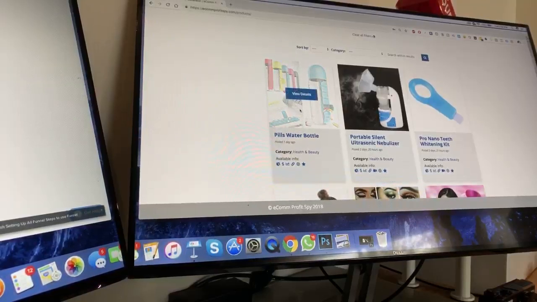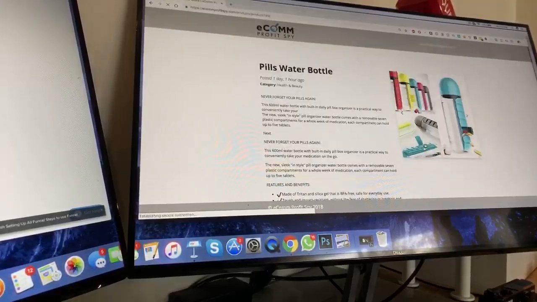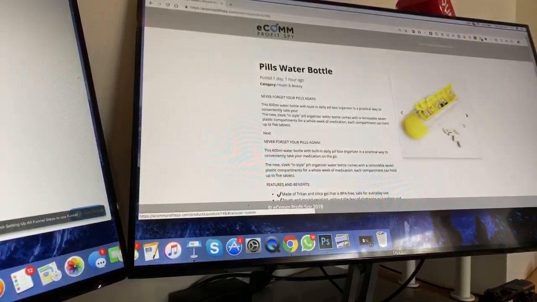So this first product right here, we'll take a look at it, for example, is a water bottle that has a pill dispenser on the side there. So for athletes, for people who take their vitamins every day, for people who need their medication every day, this is gonna be an absolute banger, right? This solves a beautiful problem. And it's the fact that you can have your pills right on your water bottle. So for older people that need their medication, this is beautiful. They'll never forget it. For people that work out, who need their supplements, like my boy Juan, right? He would love this,